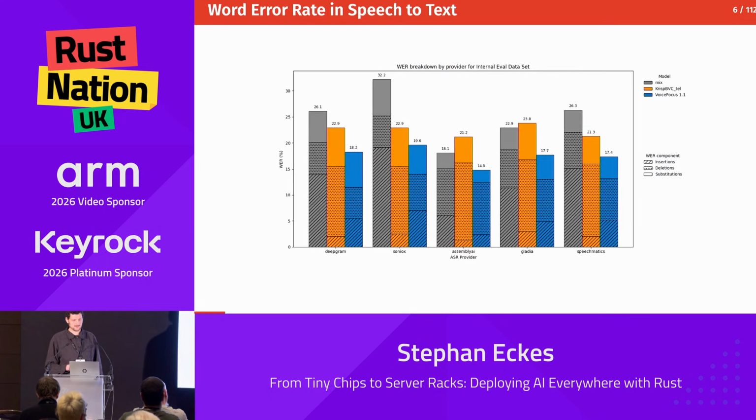And then for those AI models, you have word error rate, but for speech-to-text models, so how many words are wrong in a transcription. And then you see, for example, here, this is a data set. The gray bar is for the clean audio, so that was recorded by the phone. And then the blue one is when we use our model in front of it. So we just have way fewer errors in the transcription.